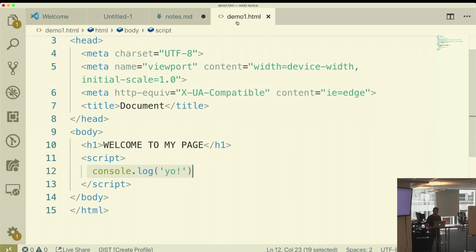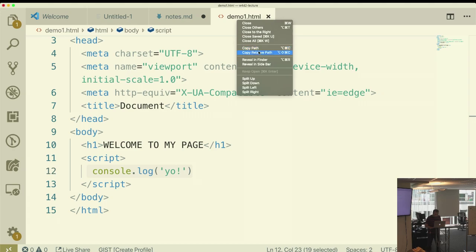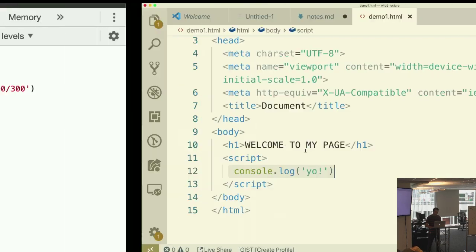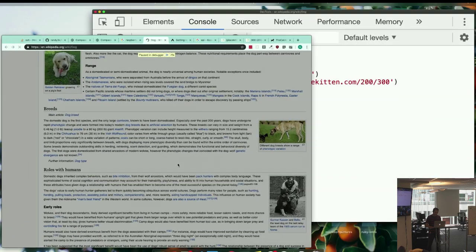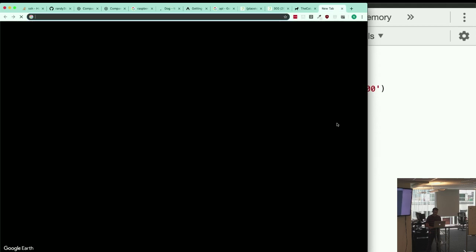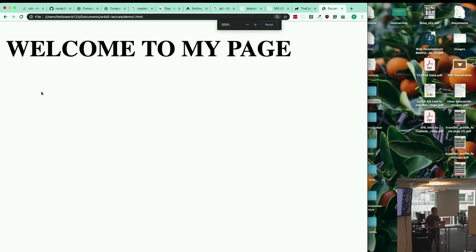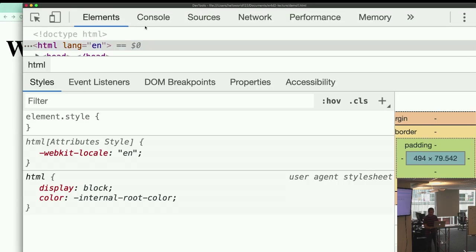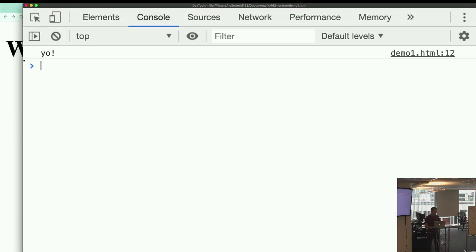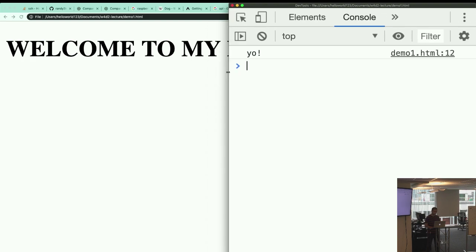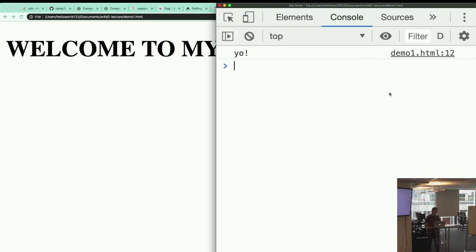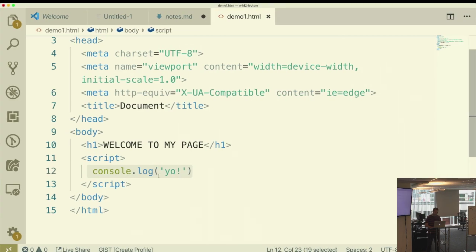Don't just take my word for it. We're going to see what this looks like. So when I open this page up in my editor, what I see is welcome to my page. But then when I go look at the console, in the console I get yo. So what I'll be able to do is write functionality for this page now directly in